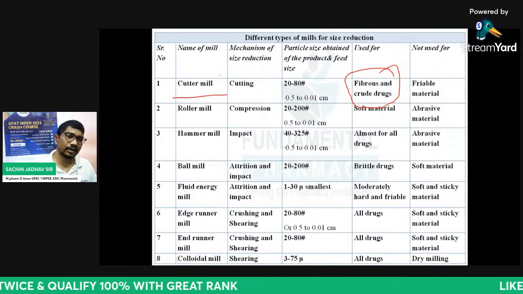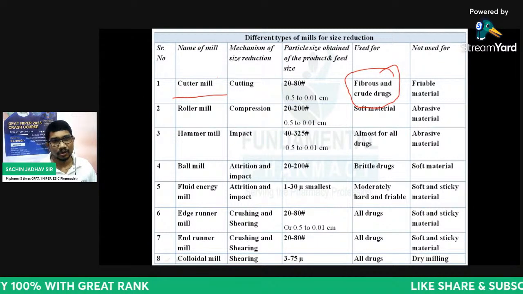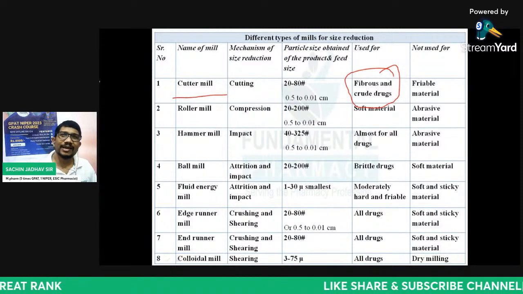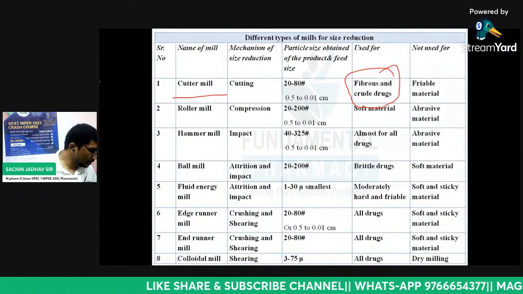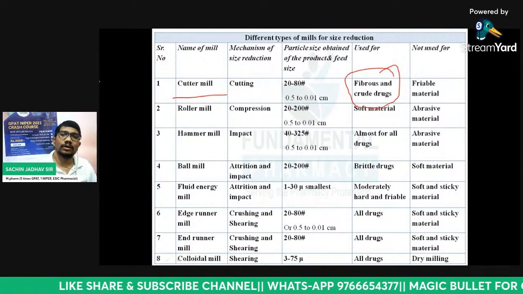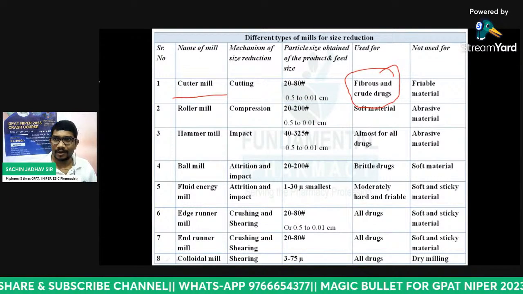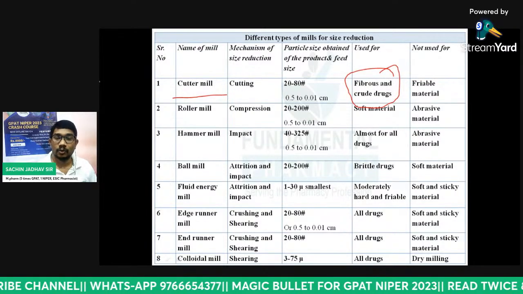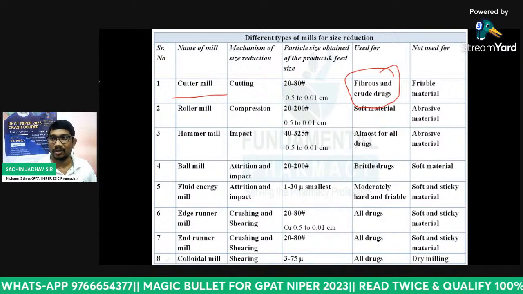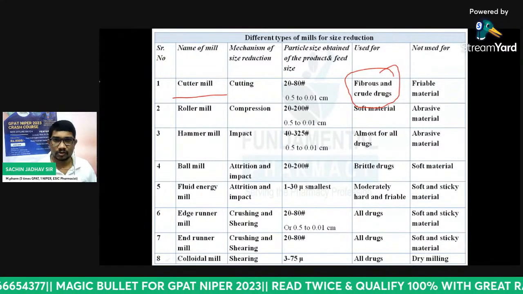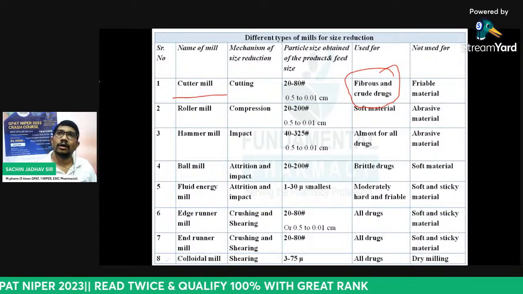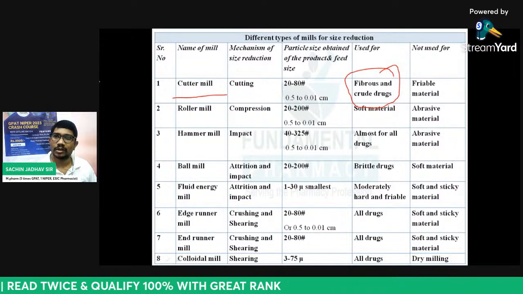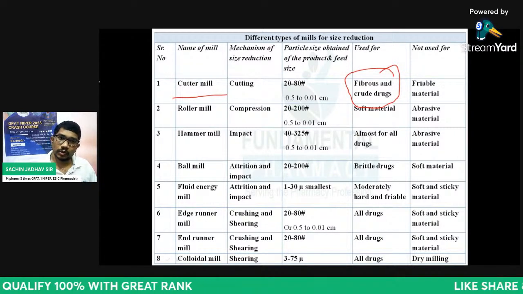और ऑप्शन में देंगे कटर मिल, रोलर मिल, हैमर मिल, बॉल मिल. तो आपको इतना ही समझना है कि जो आपका फार्माकोग्नोसी में से ड्रग है, वह क्रूड ड्रग्स के नाम से जाना जाता है और ये साइज में बड़े होते हैं. उनका ऑर्गेनाइज्ड ड्रग होता है और अनऑर्गेनाइज्ड ड्रग होता है. Most of these are the leaves or stems or roots or bark. Okay, so you have to cut them.